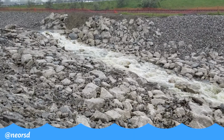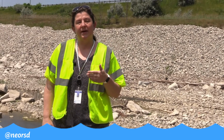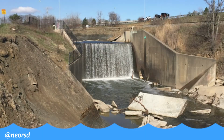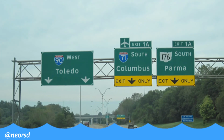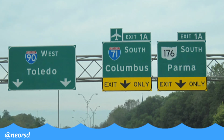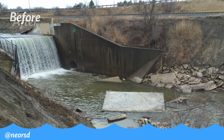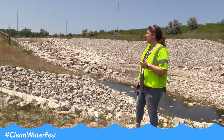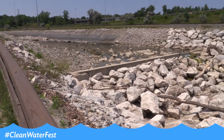Today we're at the site of our Big Creek project. This project was basically completed to fix a large drop structure that was in Big Creek. This drop structure was constructed originally when they constructed I-71. Because that drop structure was failing, it was about a 30-foot high concrete drop structure, we came in here and filled the structure with large rocks. And by doing so, we stabilized the area to prevent any additional erosion and failure of that drop structure within